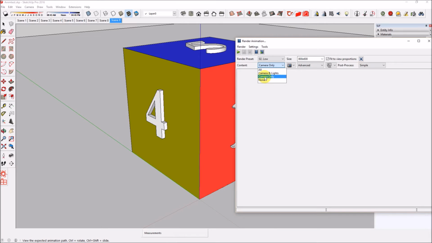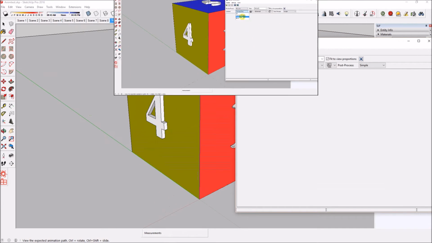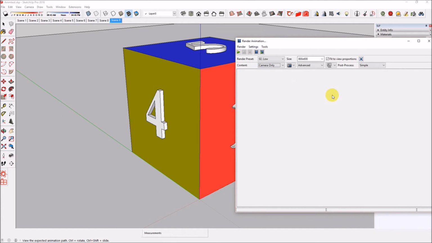If you are rendering camera and lights, or you're rendering all, such as if you're rendering objects moving, then you will not be able to reuse lighting information. Typically for architectural renderings, you will be choosing camera only for your content, and then you will be able to reuse the lighting information. If you do want to render an animation with objects moving, then you must uncheck the